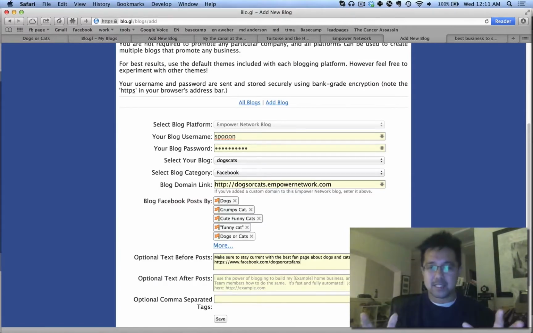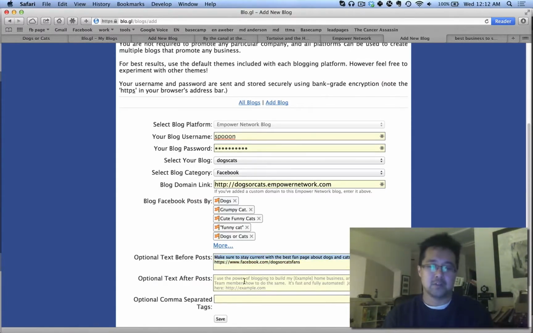Now, for this demo, you only get one shot. In the future, when this goes live, I'm sure you can change it. I'm going to have another training on why that's really important, really powerful, and it's going to be really good for SEO. But for now, it's okay. You only get one shot and you can't mess up. Just make sure it goes back to your Facebook page link, whatever the link is for you.